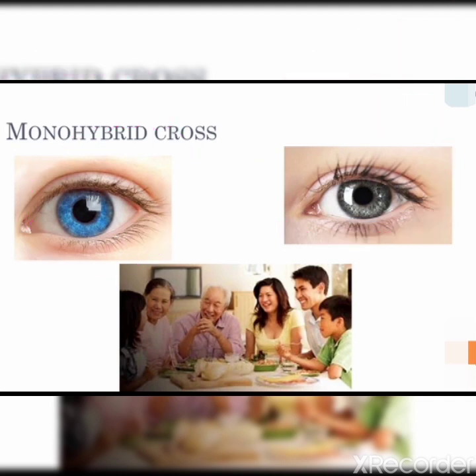If you look at a family, most of the time you will see that if one of the grandparents has black eyes and one has blue eyes, then in the coming generation, let's suppose a boy born from this couple also has the dominant characteristic, that is black eyes, and he further inherits this trait into the next generation. Right, students? That is what is studied in the monohybrid cross.